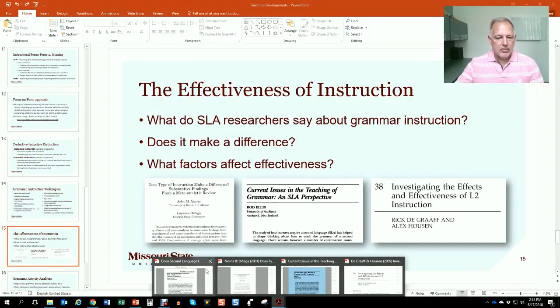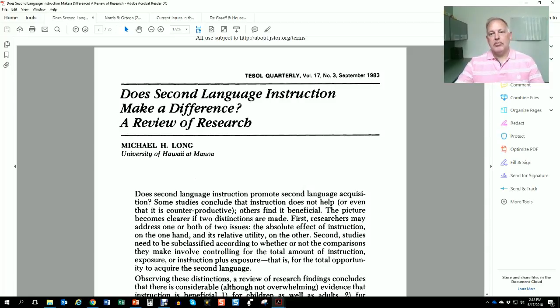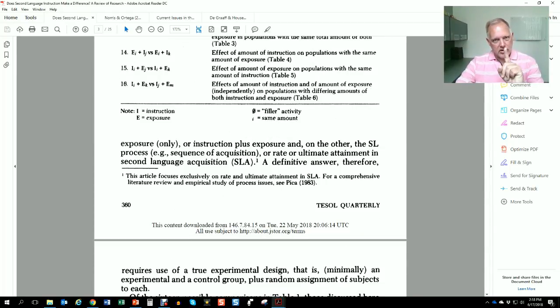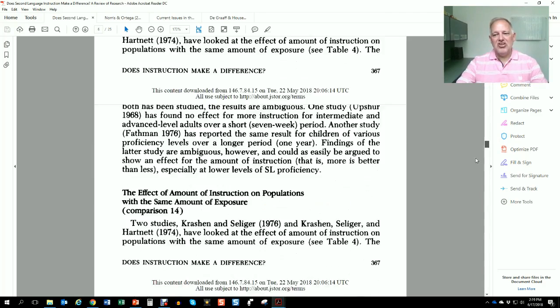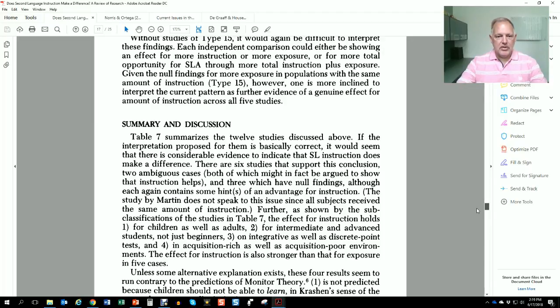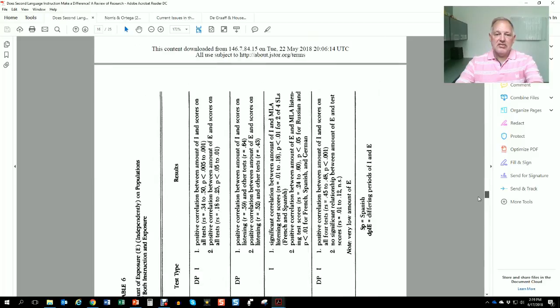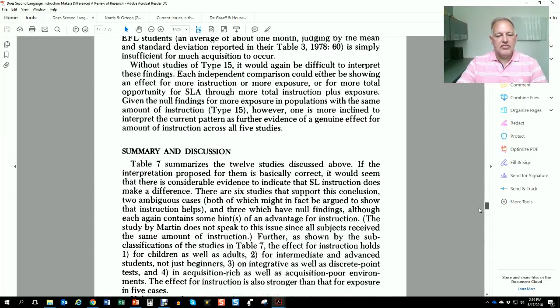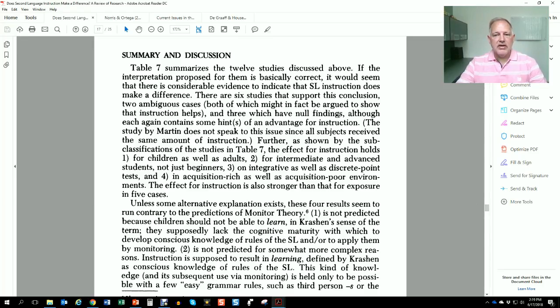Pull up my PDFs. At an early, by early I mean 1983, right, Michael Long, who is associated with the focus on form idea, did a review of research on addressing this question: does second language instruction make a difference? Okay, so I am just going to jump, I don't recommend this, but this is just to cut to the chase with you guys. Let's look at some of his findings, right? And he had summarized different types of interventions, or different studies, I should say. He had summarized, I think, 12 studies, and he says here,